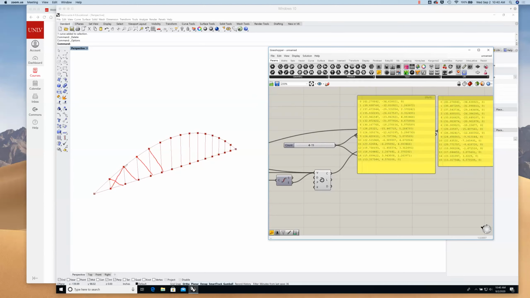So the first one with the second one, and the second one with the third one, and the third one with the fourth one. And that'll create this sort of diagonal bracing, right? The sort of diagonal webbing. All right, so